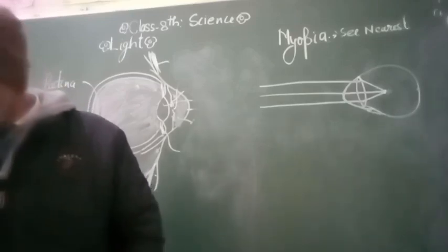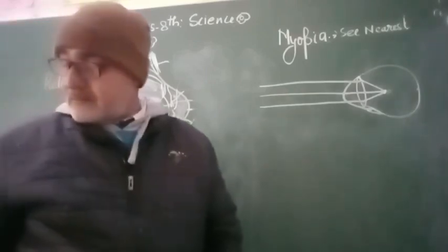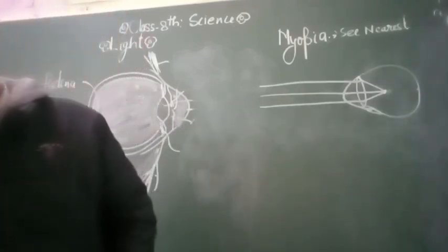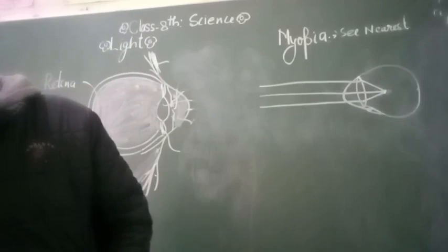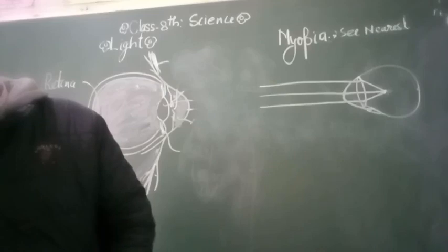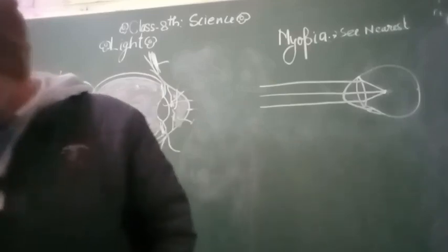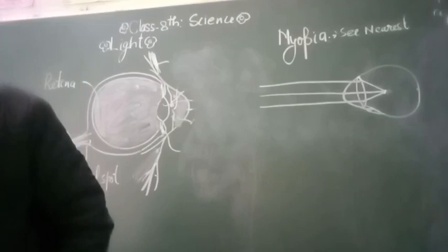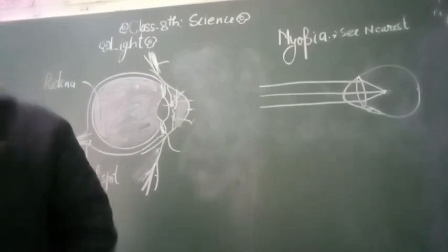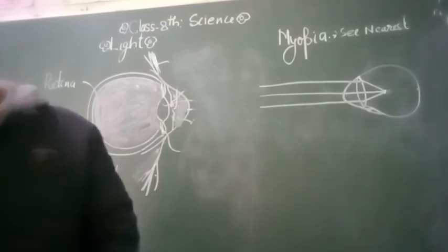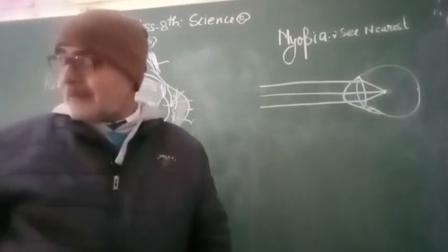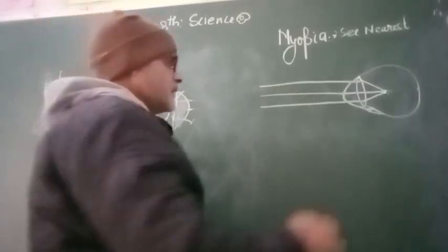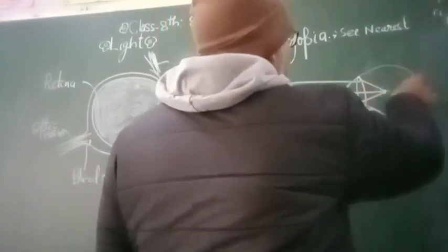It will be corrected by the use of the concave lens. The far point of a myopic eye. So near point, rays from the distant. Okay, near का तो दिखता है, no problem. But how does it get corrected? near का दिखता है, but अगर यहाँ इमेज बनती है तो ये correction इसका हो जाएगा.